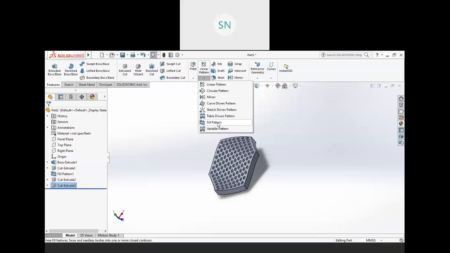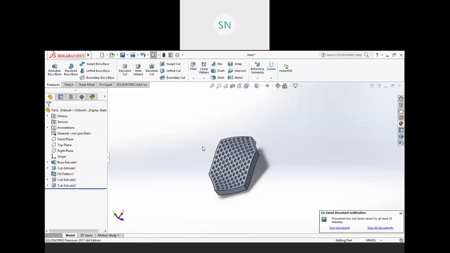In your hair dryer or so many plastic parts there are some kind of air openings, so all of those are made with the fill pattern. Then we have variable pattern, a very unique option and a very unique facility we have, right? So these are the patterns we have.